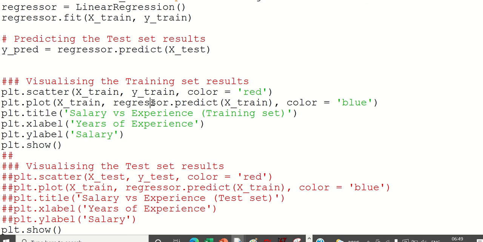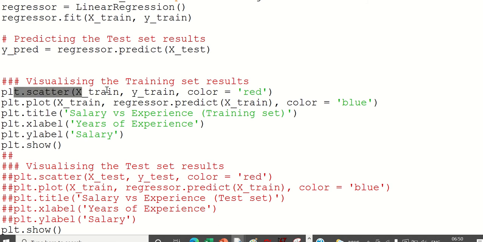One is the prediction of our trained data also. Seeing the prediction of trained data will not make much sense, because it is something I've already trained, but you can see how well it has fit our train data. First we'll see the plot of train data, then we'll see the plot of test data.